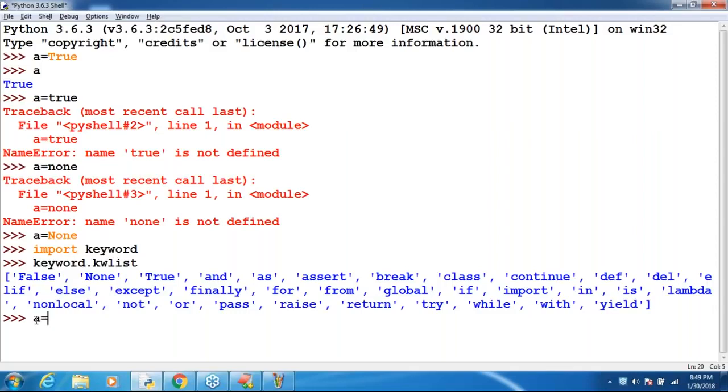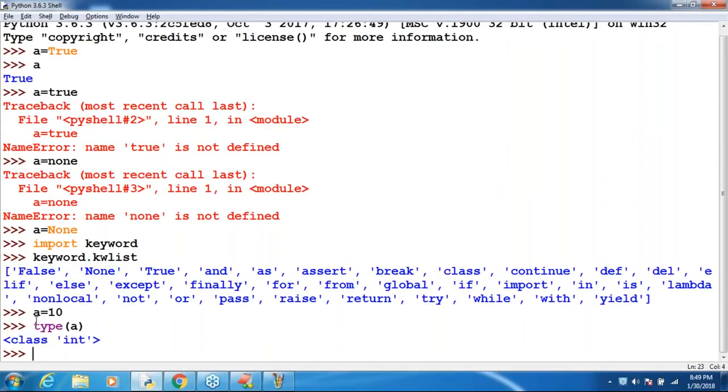Sir, just observe that a is equal to 10. Can you please tell what is the type of a? Int. I never declared a as the int type, but automatically it's going to become int type, or not? Yes, sir. Based on the provided value, the type will be assigned automatically by default. Make sure, this itself is nothing but a dynamically typed programming language.